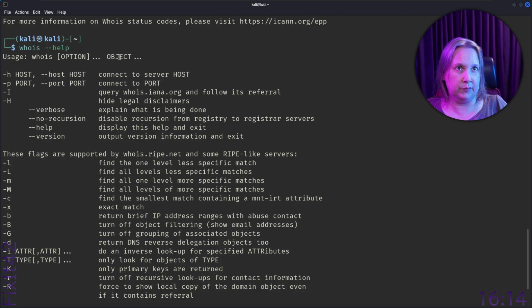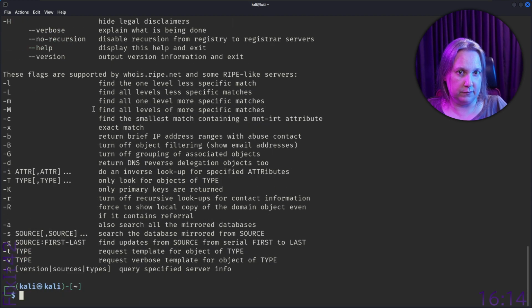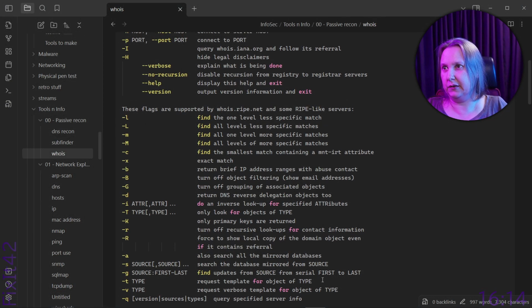So who is option object? I'm just pasting it, so it looks a bit prettier